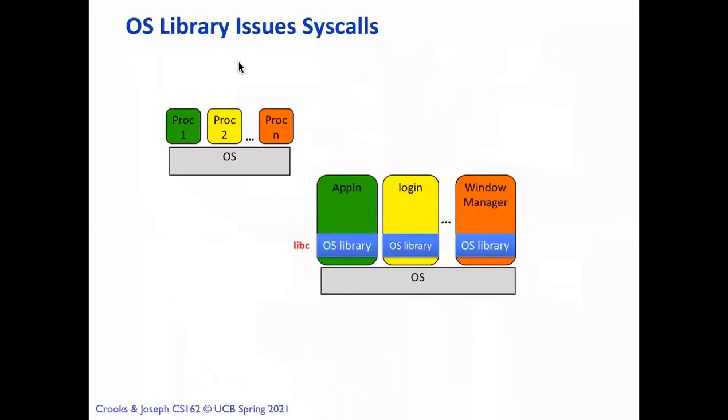So this diagram I'm repeating again. We have different processes, and when you write this application, you don't worry about what system calls are being used. You simply write, for example, using libc here, and then the implementation of libc over the OS could be different, it doesn't matter.